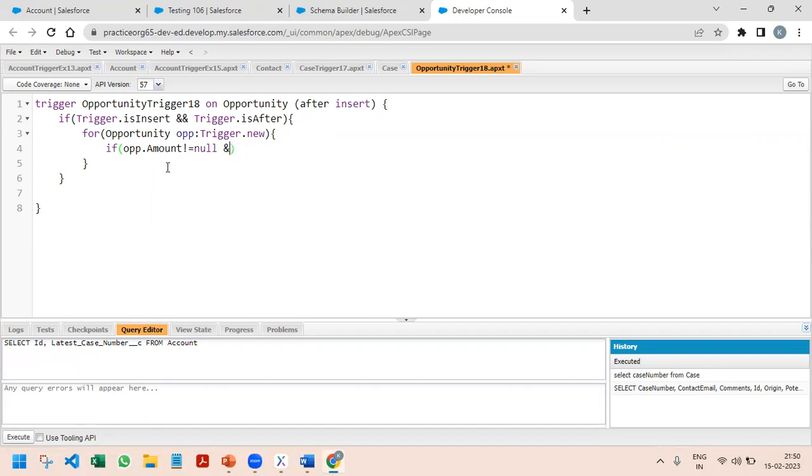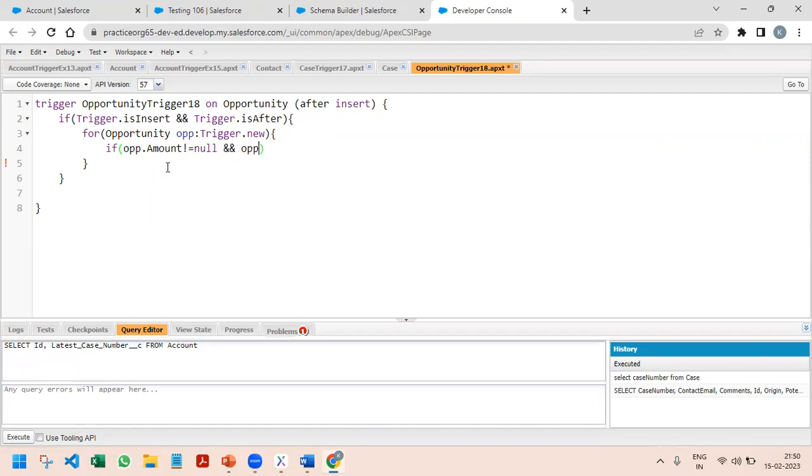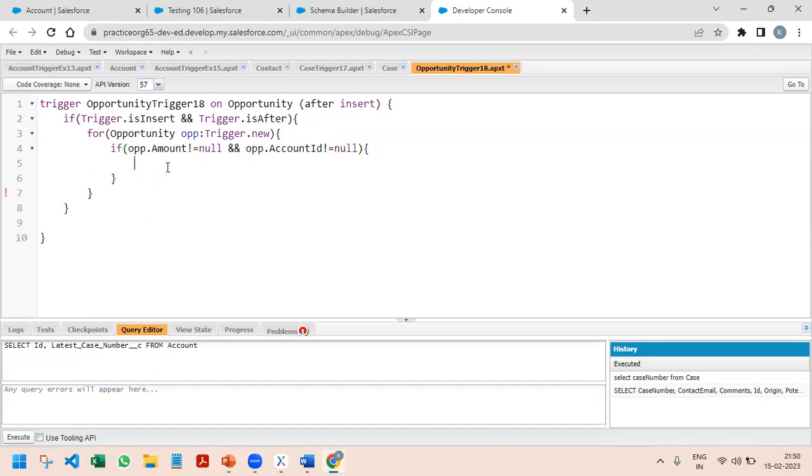To check that, I'm giving one more condition: opportunity.AccountId is not equal to null. When both conditions are met, we have to create one new account record. So Account acc equal to new Account,